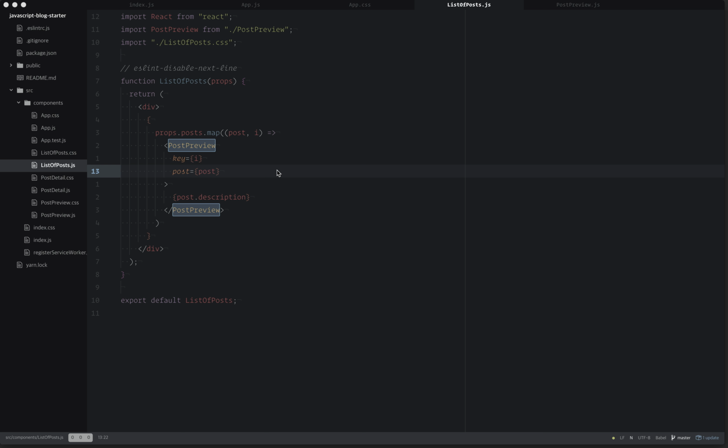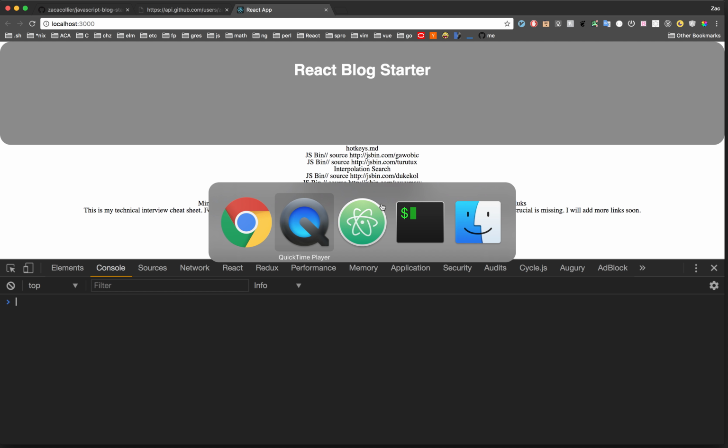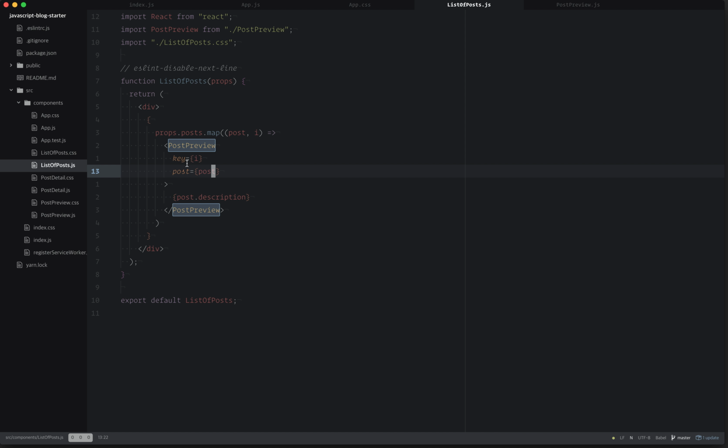The last thing I want to tackle is showing you briefly how to handle events in React. Specifically, what I mean is that in the application, you'll have all of these post previews, and we'd like it so that when we click on one of them, it opens a post detail, so to speak. You know what I mean? So what I have in mind is that when we click on a post preview, that is,